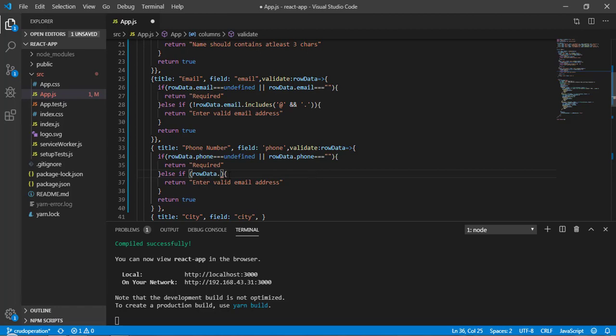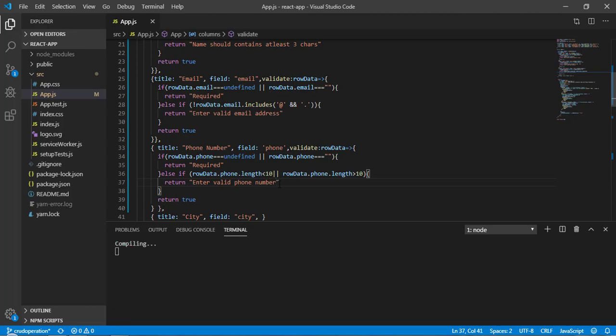I will write row data dot phone dot length, if less than 10, or row data dot phone dot length is greater than 10. If the length of the phone number is less than 10 or more than 10, you have to show this message: enter valid phone number. Now save it.